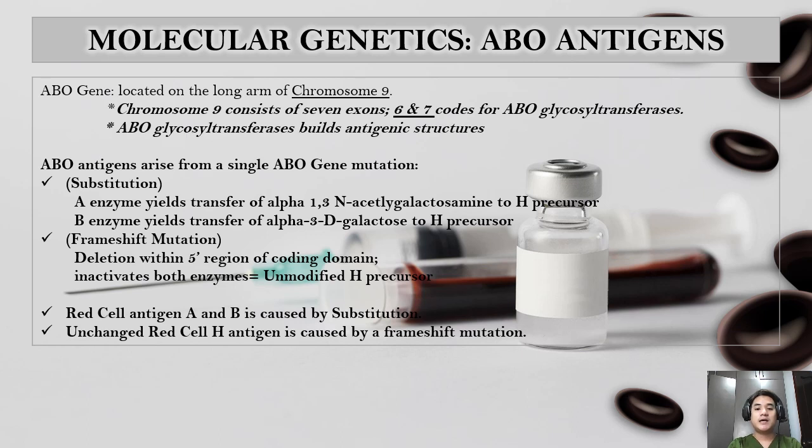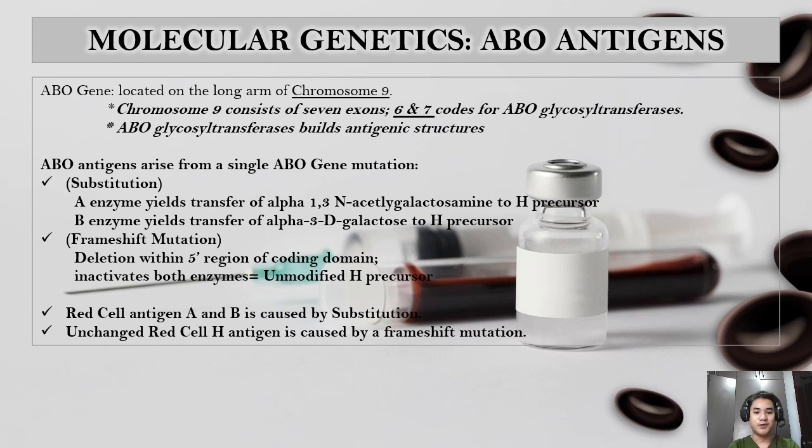Okay, here is a nice topic inclusion in more microscopic detail, explaining your ABO antigen formations in a more molecular biology concept. So your ABO gene is located on the long arm of your chromosome 9. And it actually consists of 7 exons, and the last two exons, particularly your 6th and 7th, are responsible for your enzyme determinations, or your glycosyltransferases determinations. So, class, in this concept, it says that your ABO antigens genetically arise from a single ABO